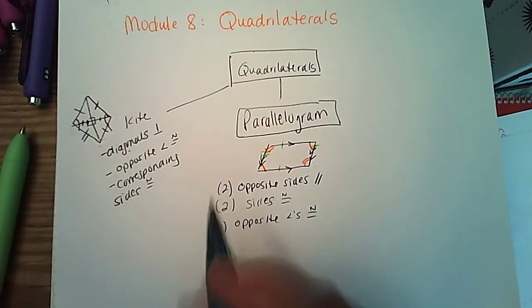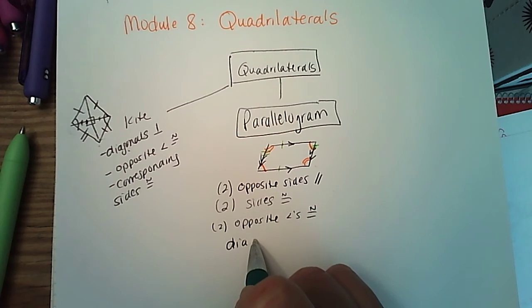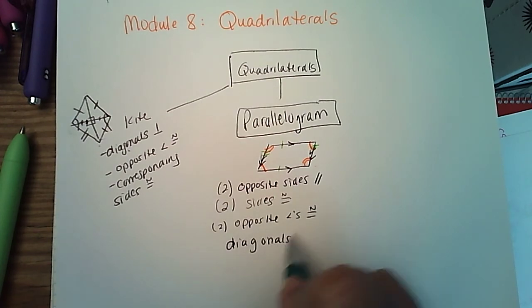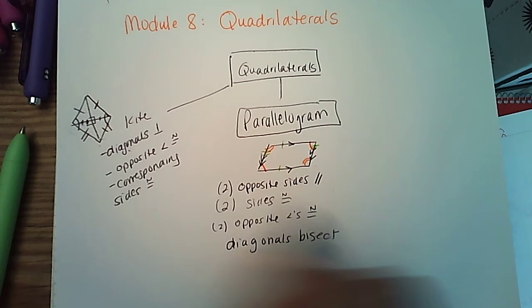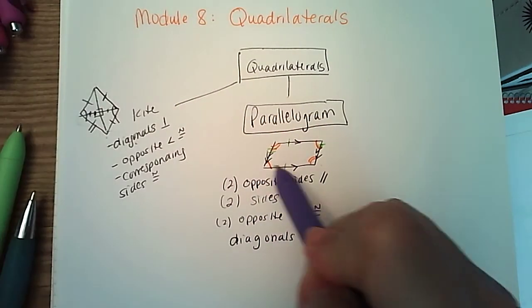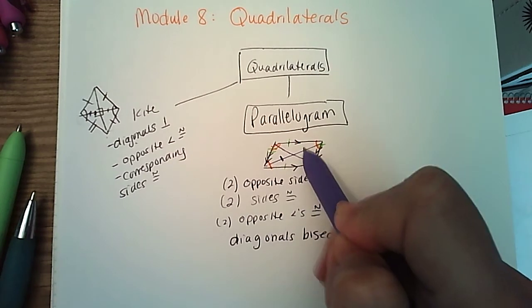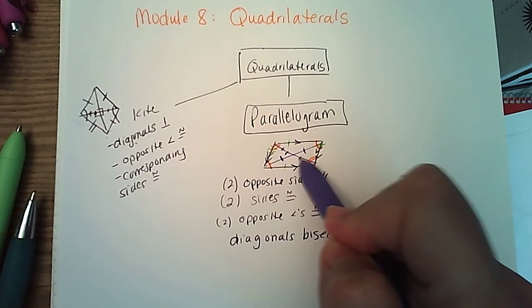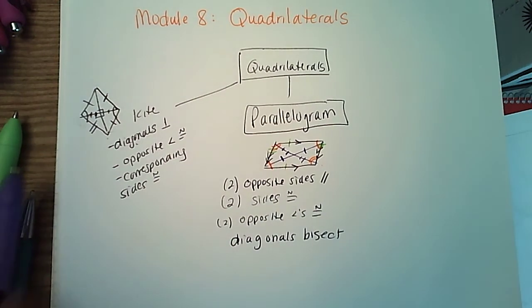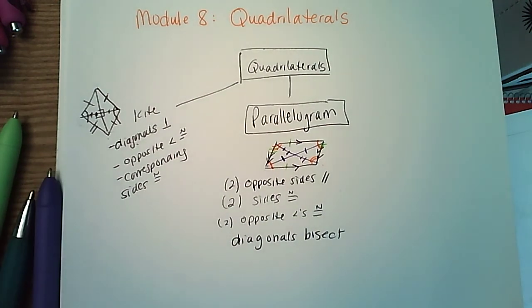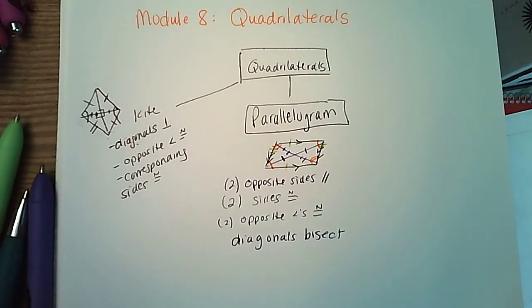Then we have our diagonals and they bisect. That means when these diagonals come across, this piece and this piece are congruent. This piece and this piece are congruent. The whole diagonal is not congruent to the whole diagonal, just the bisecting pieces. Okay? So then when we move forward from here, we say, hey, if we take this parallelogram and we knock